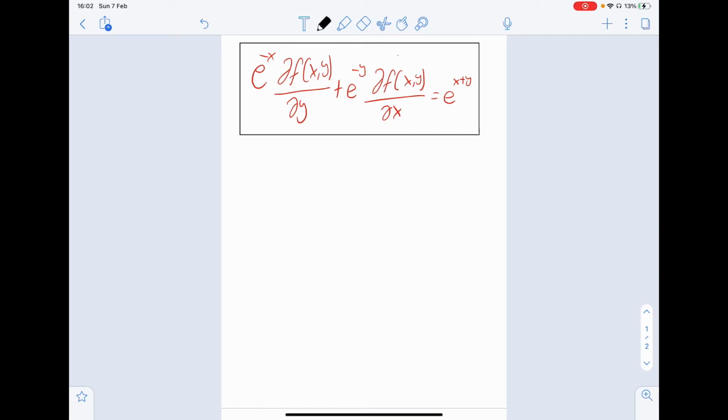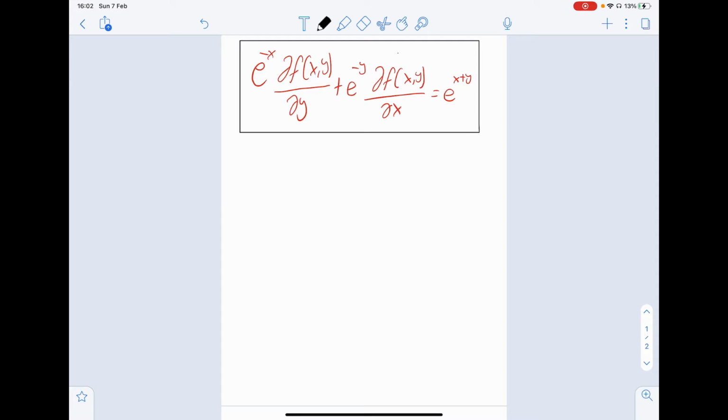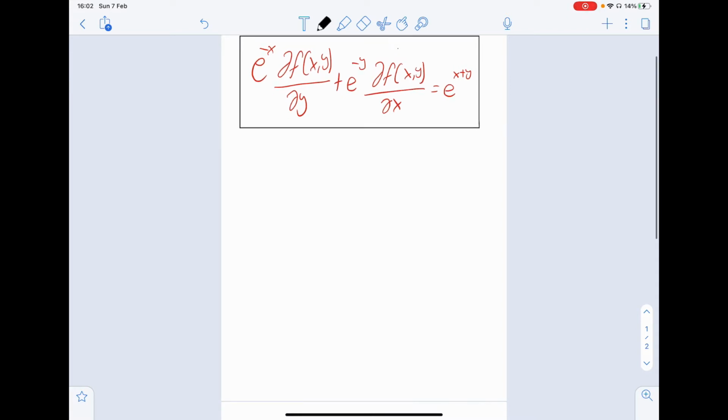Now in this video I'm going to go over an interesting problem I saw on Twitter. So it's a PDE of this form. To tackle this we're going to use a change of variables, a few identities, and then reduce it down. So I'm going to rewrite this equation as